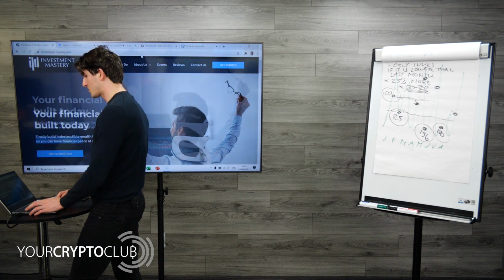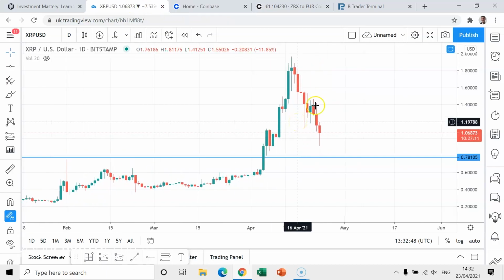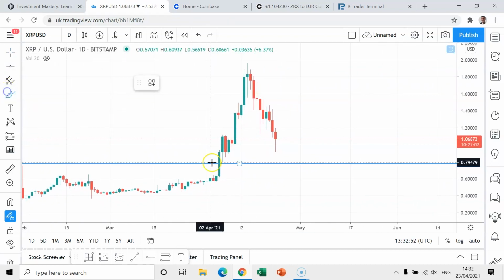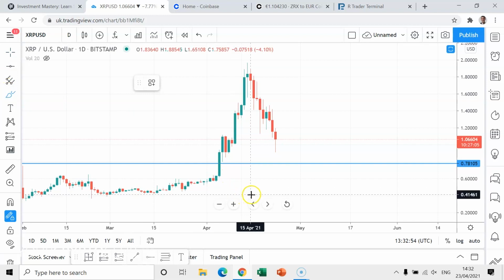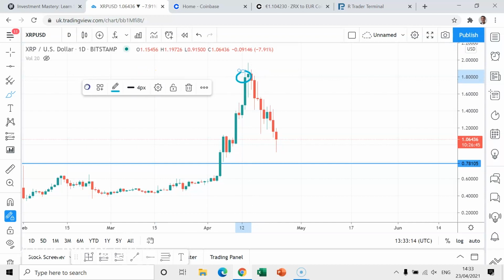So if we have a look here at the chart, once again, this is XRP, all right? So if you were maybe investing, and today it is the 23rd of April, okay? If you look at a couple of days ago, it was a lot higher, right? So what I would do now is I would actually start